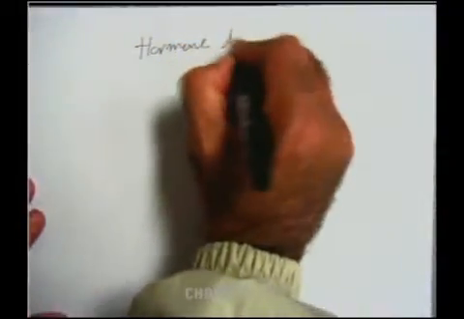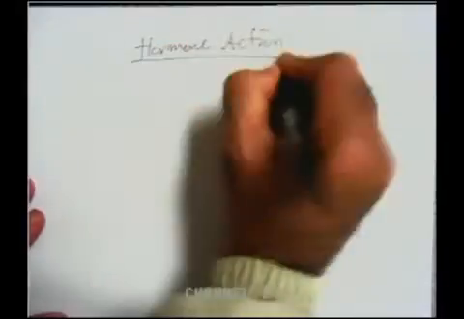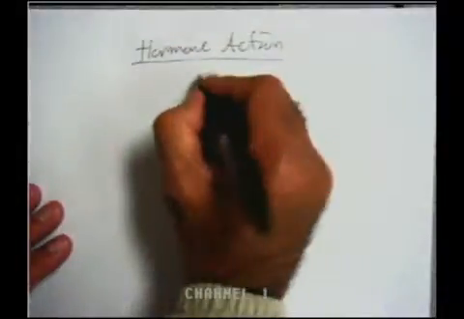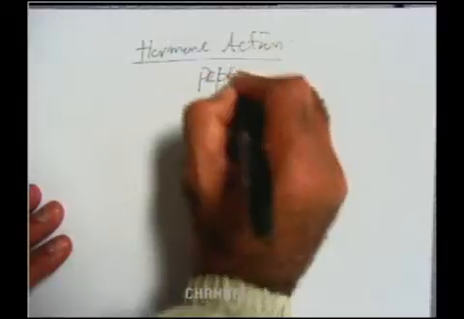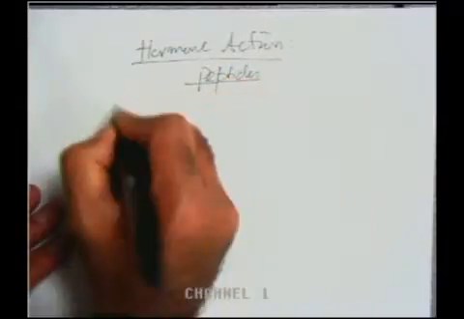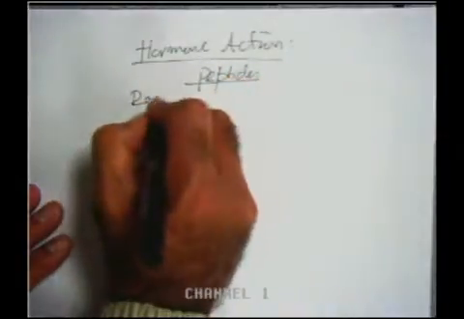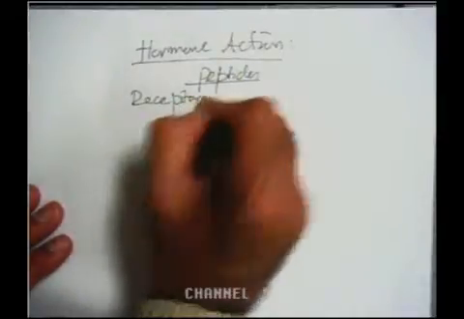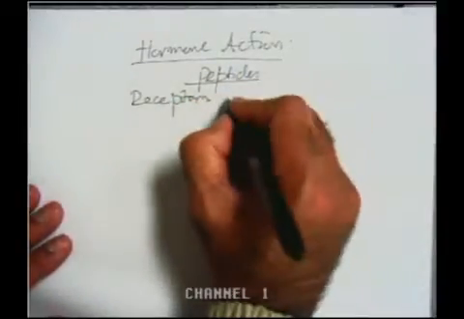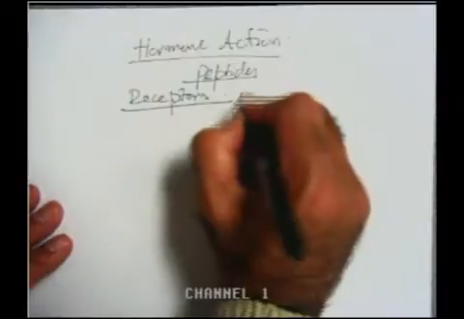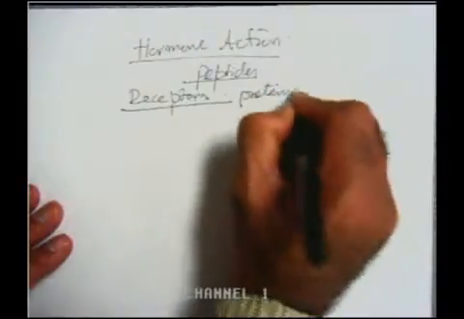Call it hormone action. Suppose the hormone is a peptide hormone. There are different types of hormones, but for peptide hormones, you have receptors, which are proteins, as I mentioned before. The hormone receptors are called receptor proteins, with specific receptors for specific